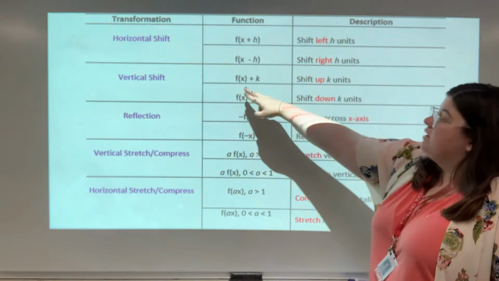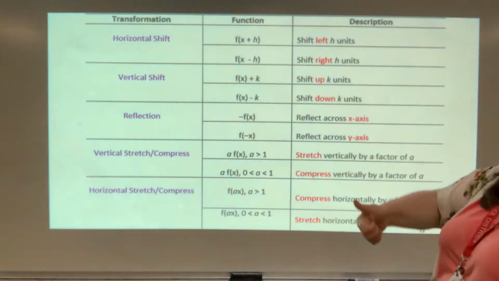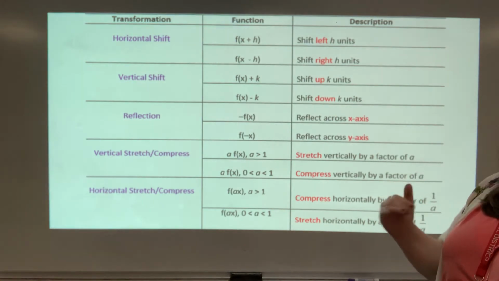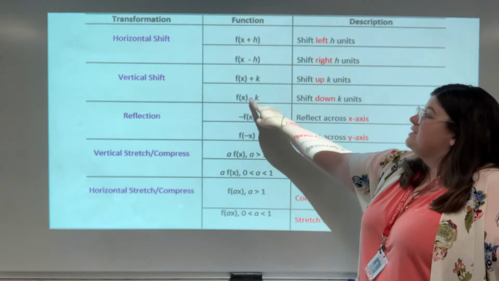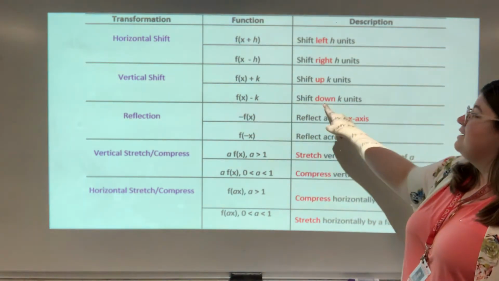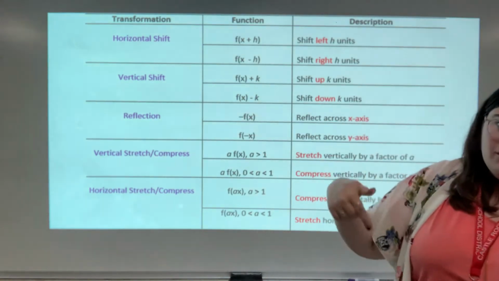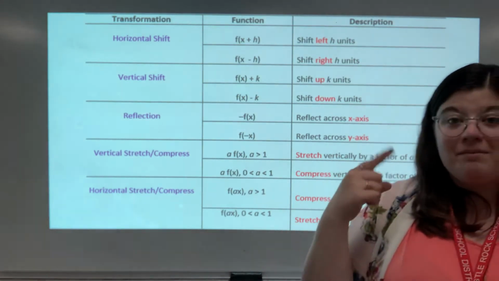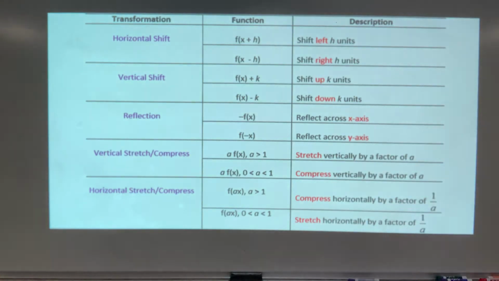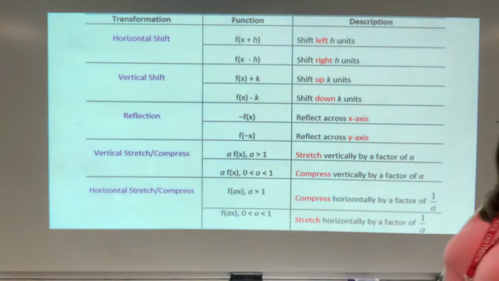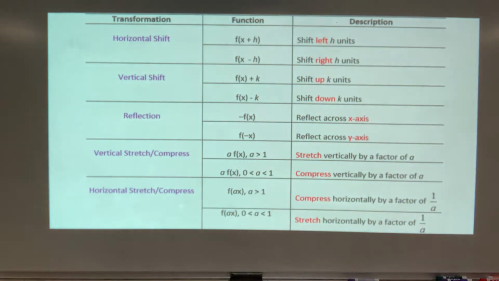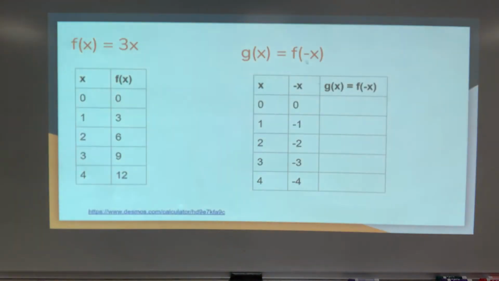So if you have f of x plus k, you're shifting up k units. The graph is literally moving up. It's a vertical shift. Or if you have f of x minus k, you're shifting down k units. Again, down, negative, all right? So keep that in mind. We're going to talk about reflection, and we're going to see some examples of some stretches and compressions, vertically and horizontally. So my first one, if you look at this one right here, g of x equals f of negative